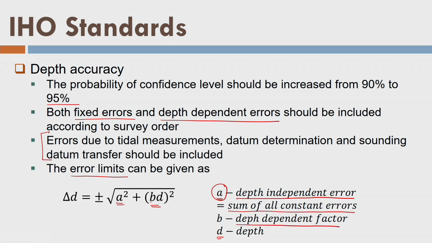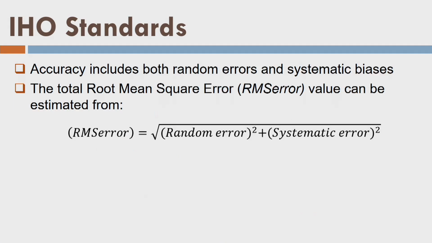Remember we said in case of position error 5% of the depth. So, b is somehow like that factor. So, b into d, then we make the square and the summation of the squares, and then we take the square root, and then we say that this is my depth accuracy. So, we should be very careful in order to evaluate the depth accuracy of the sounding operations, right. Then if we have systematic errors and random errors, we should make use of this formula. That means, this is my systematic error squared plus random error squared, and then we use this RMSE logic.